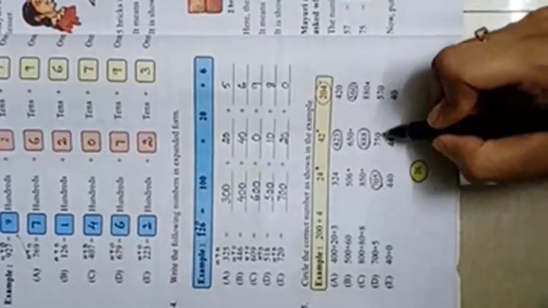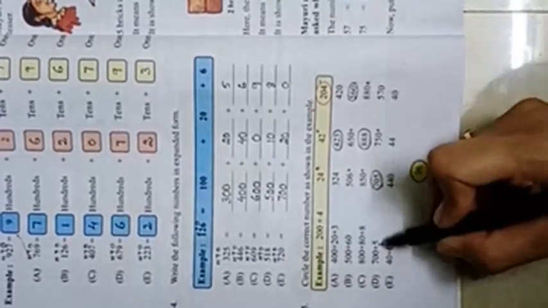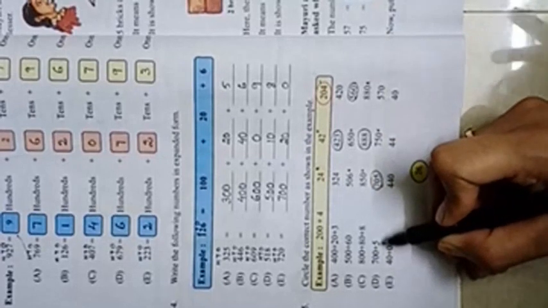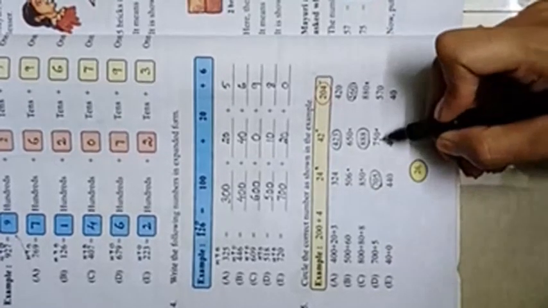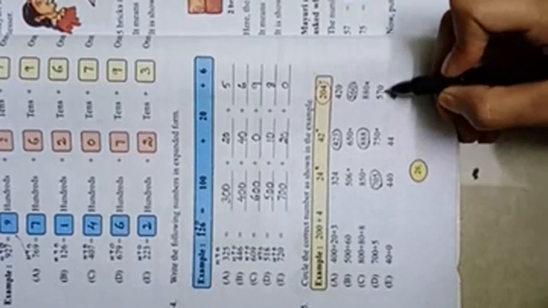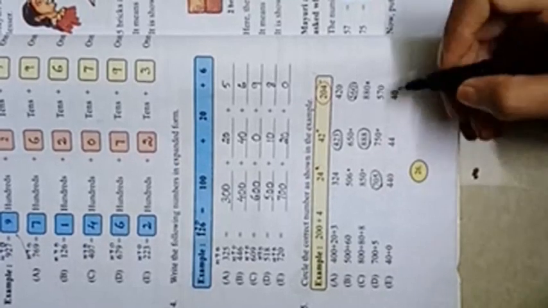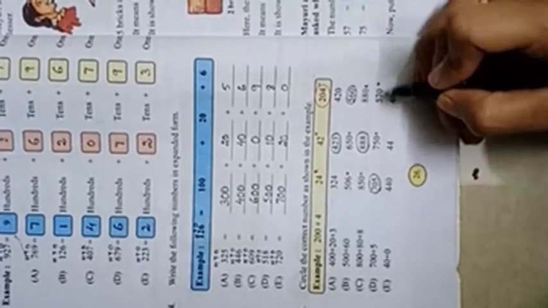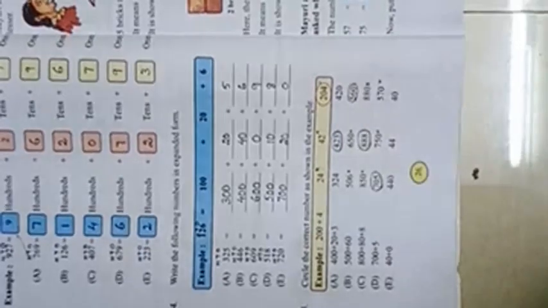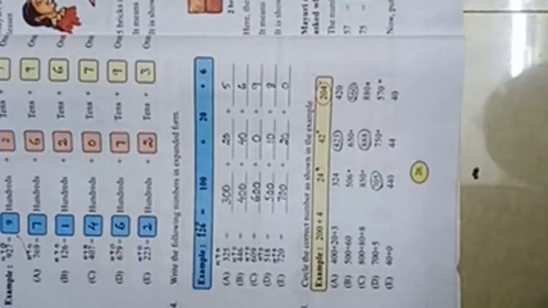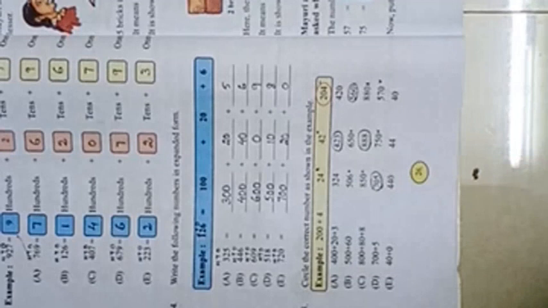705. 750 is the wrong answer. Why? Because there is no tens place number, the 2-digit number is not given. So how will you get a tens place number here? So here also the tens place number 7 he has given, but it is also a wrong answer. Why? Because there is no 2-digit number. There is no matter of writing a digit in the tens place.